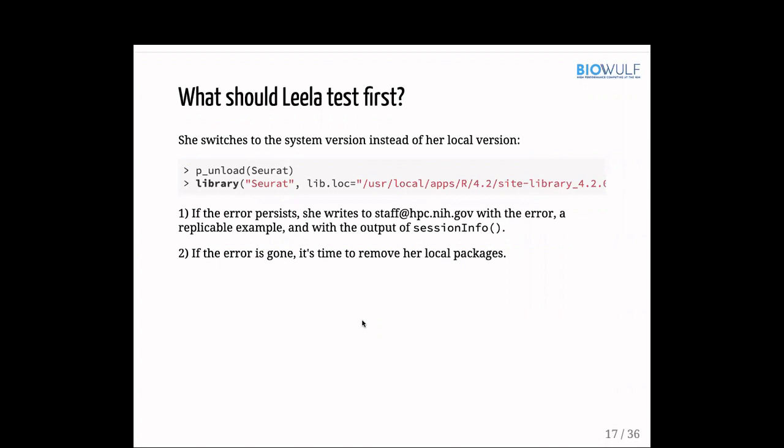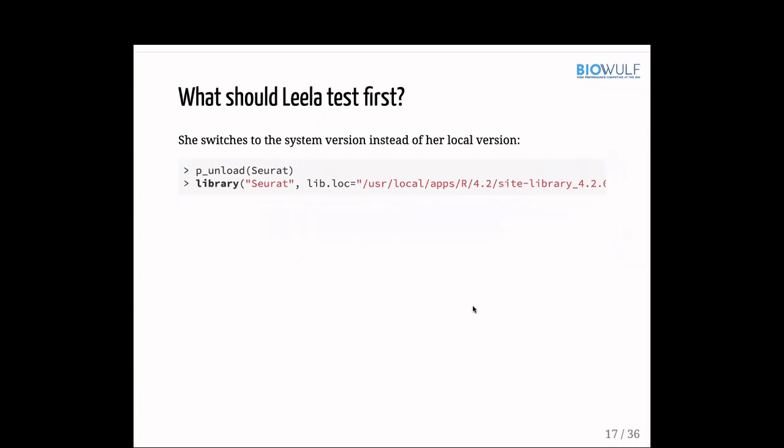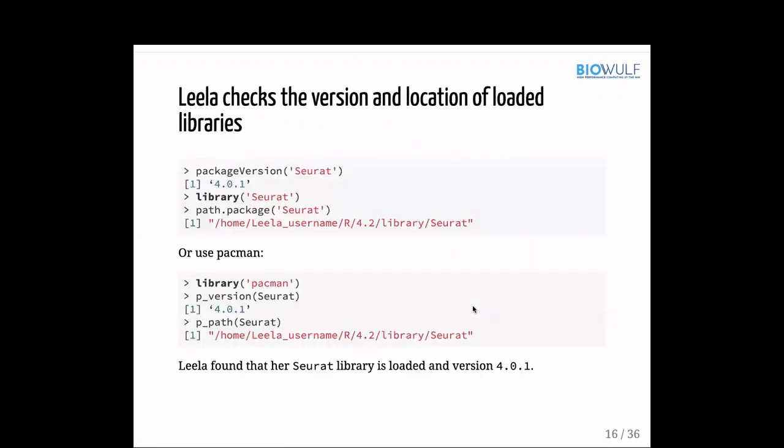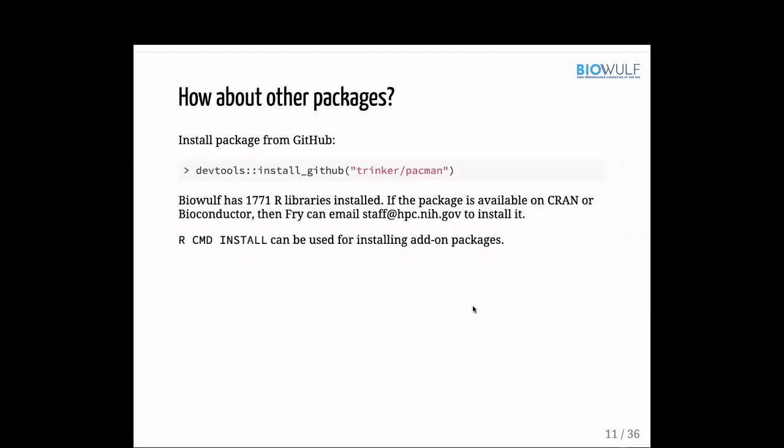I guess conceptually, why do we have to remove the local library when we're doing something on the system? I'm still understanding the back and forth here. Like, why would I do number 2 on this slide if the error is gone? Okay, good point. It comes from a much earlier slide. If you don't mind, I have to go back a little bit.